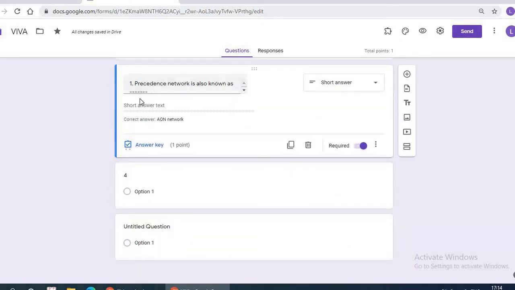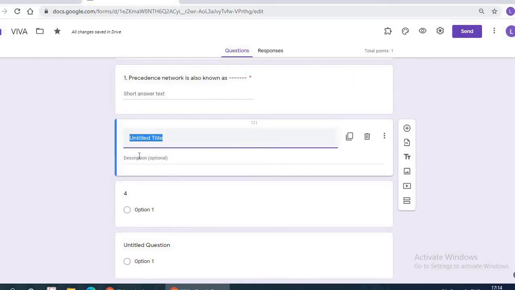So question number 1 is copied from that form to this, the title and the description. In between questions you can add such titles and descriptions, for example, from which topic and what the instruction is here.